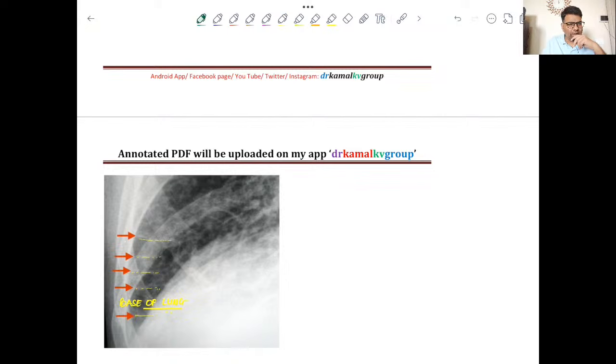So these are actually curly B lines, right? And you can remember the word B with the base of lung. Clear? So these are curly B lines at the base of lung, and these suggest